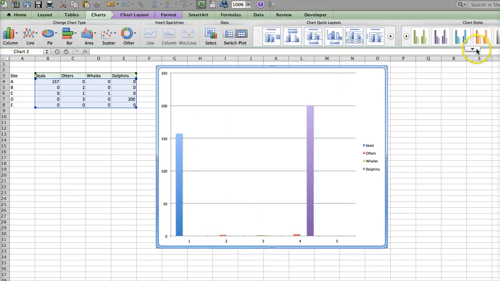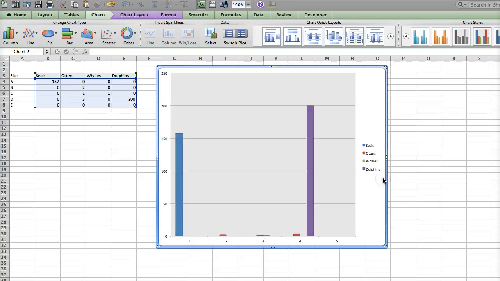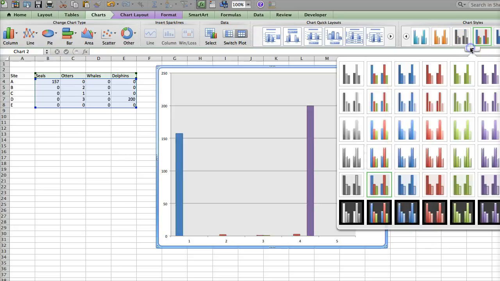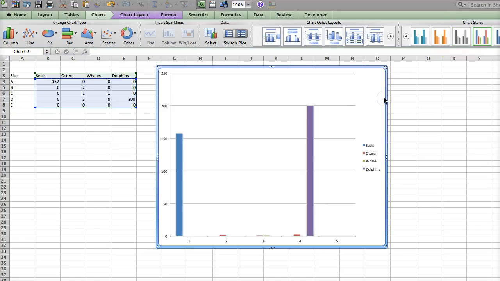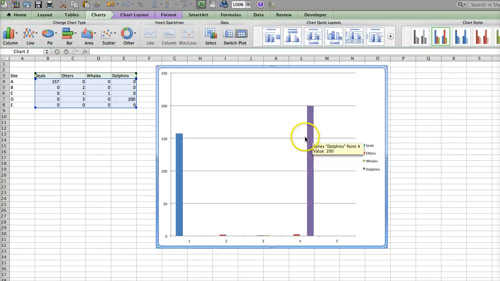The other thing I'm going to do right off the bat here is, because I'm annoyed with these colors, choose some colors that maybe pop out a little bit more. You can go over here to chart styles and choose some other sort of versions. They're not always the best, but maybe that's a little bit better than the hazy one I had before. Okay, so what we're going to do now is we're going to start by